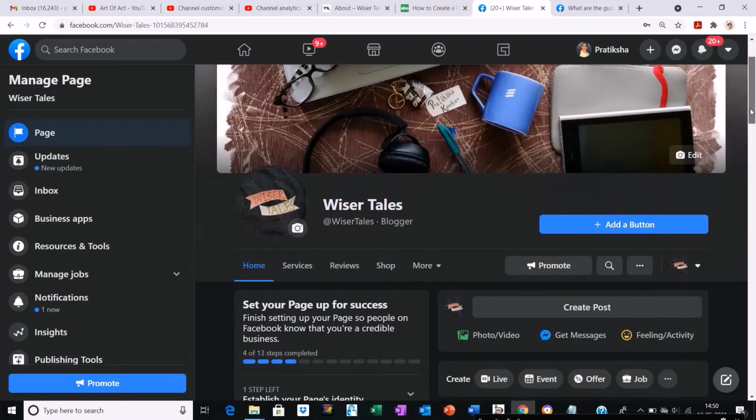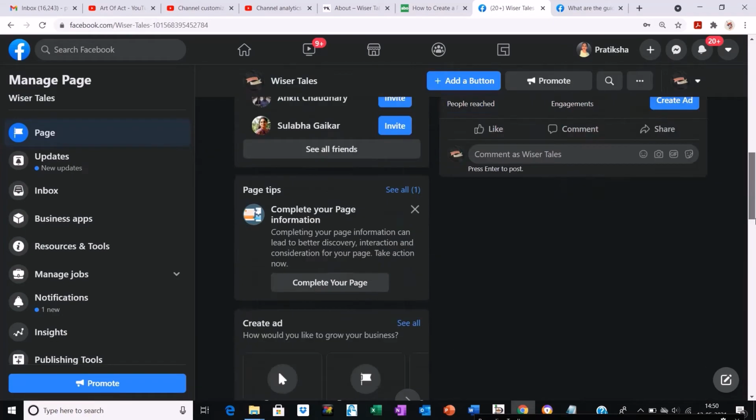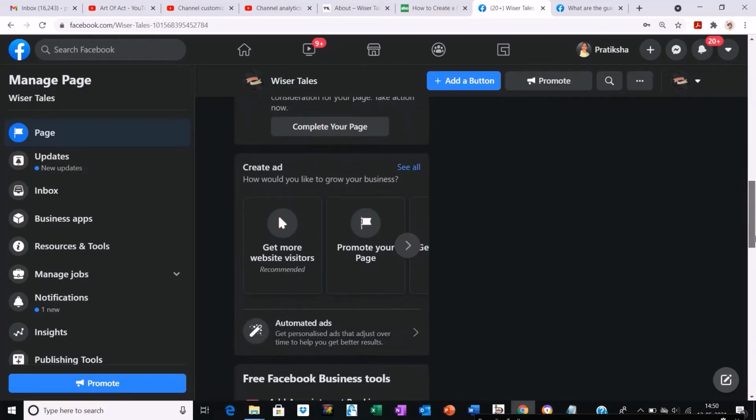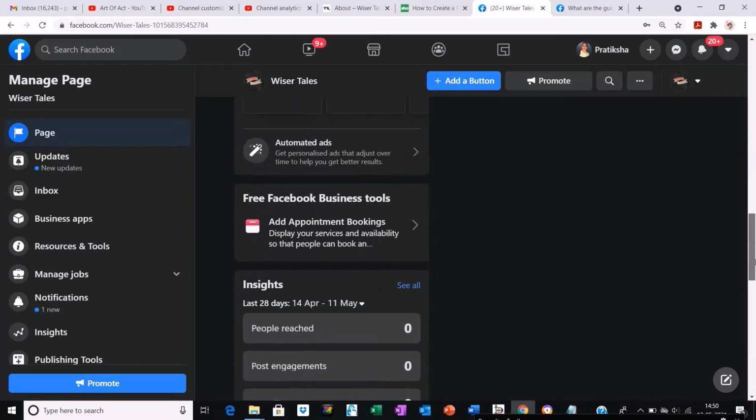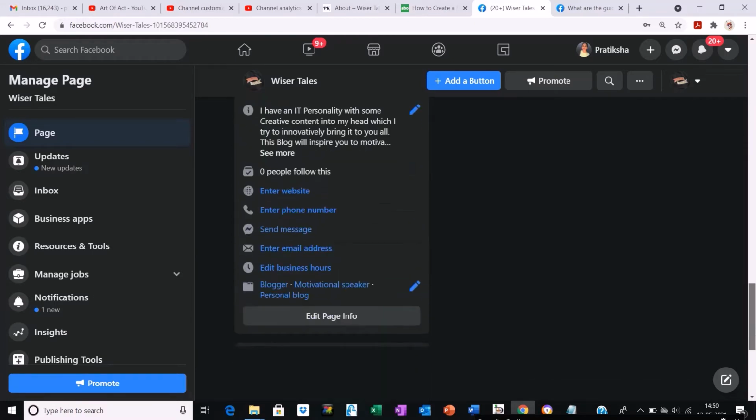Now the next thing you will like to do is to add a button and to create a new post, like your first ever post for your Facebook page.